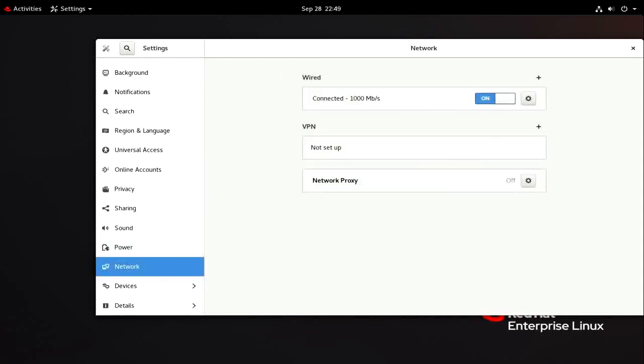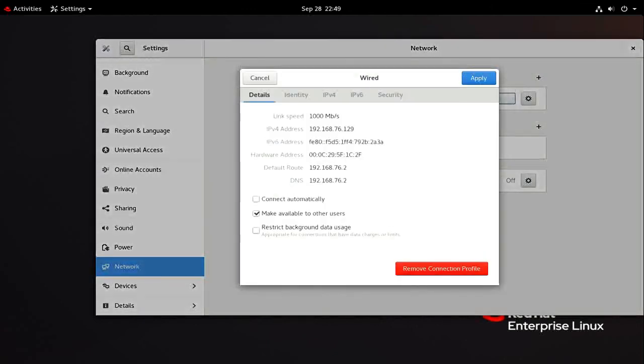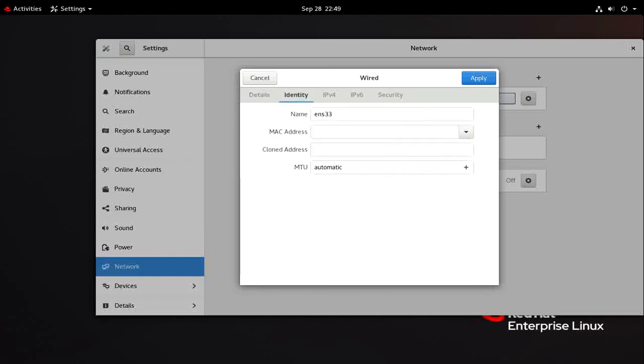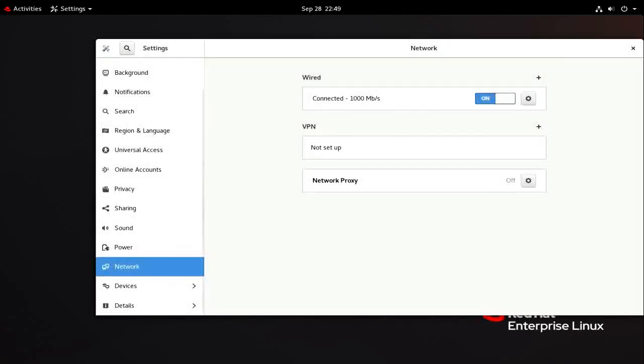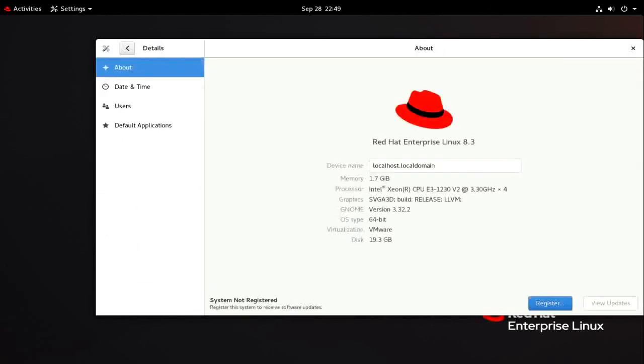After that, the most important option, network settings, is available here. Here you can see present connection settings. Then you have options for manual settings, that is IPv4, IPv6 and security, etc. You can change them as per your need. You have already seen display settings. Let's skip them. And in the last menu you can find information about your system and Red Hat Enterprise Linux.